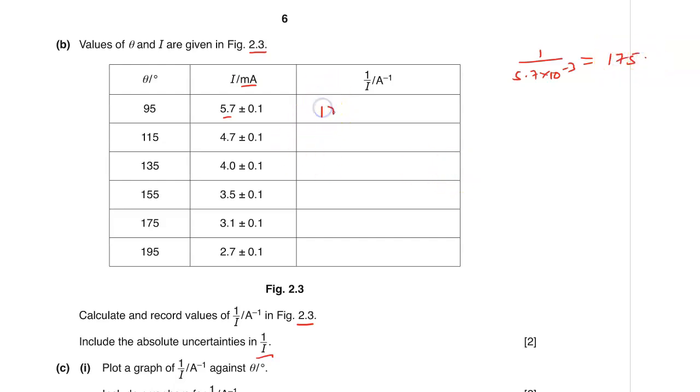So you write your 175 there. You need to find the absolute uncertainty. To find the absolute uncertainty, you need to find the reciprocal of the current on the higher value of the current. So you will get 5.7. The uncertainty of the current is this. We want to find the absolute uncertainty of the reciprocal of the current. So we add 1, we find the greater value. You can also find the lower value, it doesn't matter. There you get